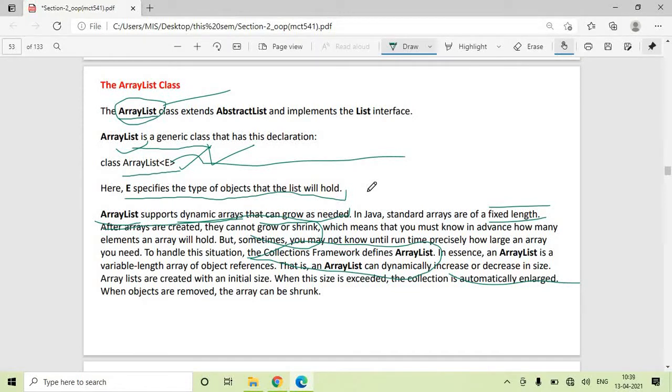So ArrayList is a generic class. ArrayList is in the collection framework. ArrayList can work with a variety of data types. And what is the advantage of having ArrayList? ArrayList supports a dynamic array. It means upfront while creating an ArrayList, you don't need to specify the size of the array. Upon inserting an element into an ArrayList, it will automatically grow, and upon removing an element from an ArrayList, it will shrink automatically. So this is the basic about ArrayList.